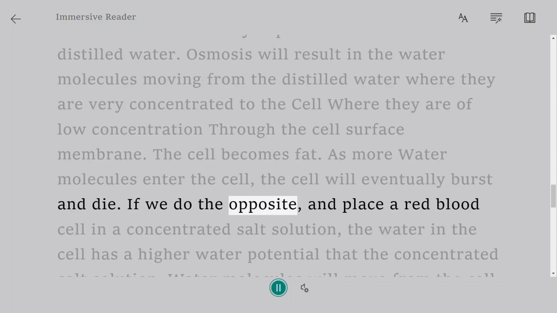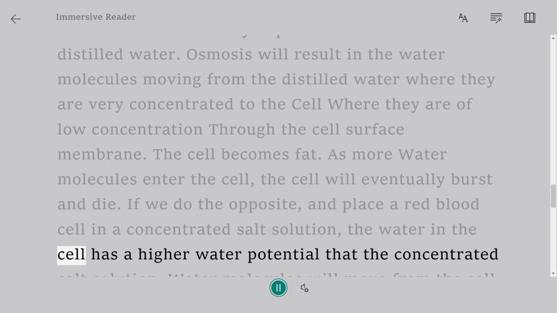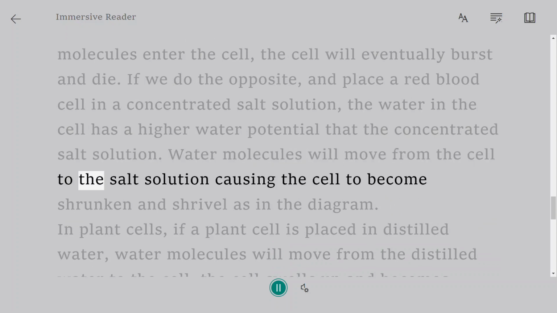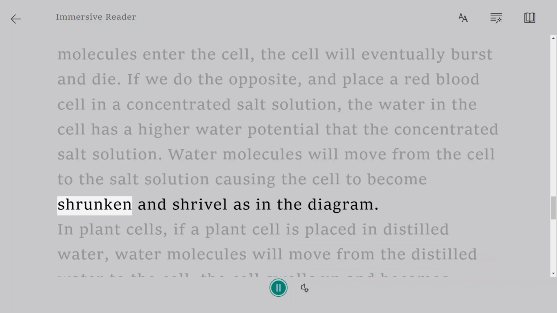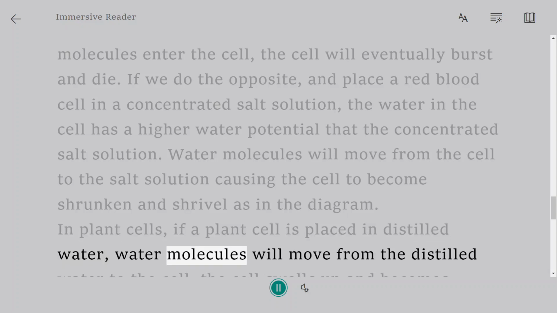If we do the opposite, and place a red blood cell in a concentrated salt solution, the water in the cell has a higher water potential than the concentrated salt solution. Water molecules will move from the cell to the salt solution, causing the cell to become shrunken and shrivel, as in the diagram. In plant cells, if a plant cell is placed in distilled water, water molecules will move from